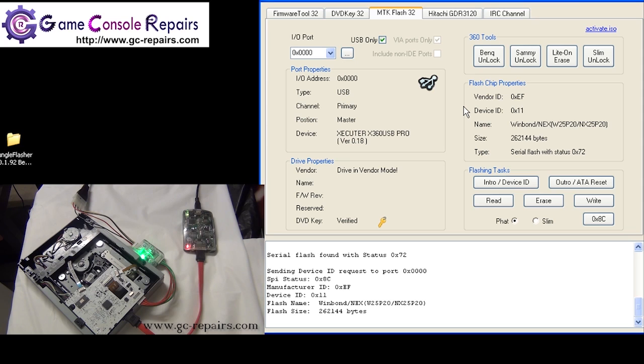Sometimes you'll get a pop-up message and press yes, and you have to turn on and off your CK3 mini kit within a second to kick the drive into vendor mode. Here in this case, it just went into vendor mode straight away. Next, now we have three more buttons: PHAT, SLIM and SPI status register. So this is correct. I know this is a Lite-On slim drive, but it should be on PHAT, so this